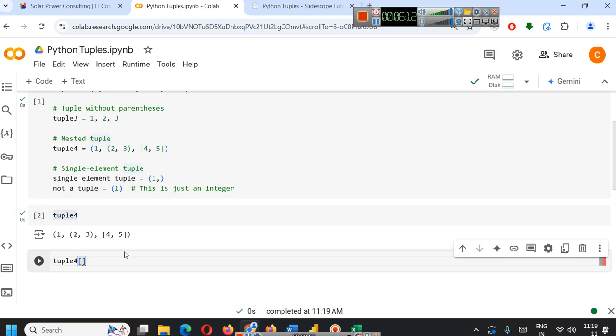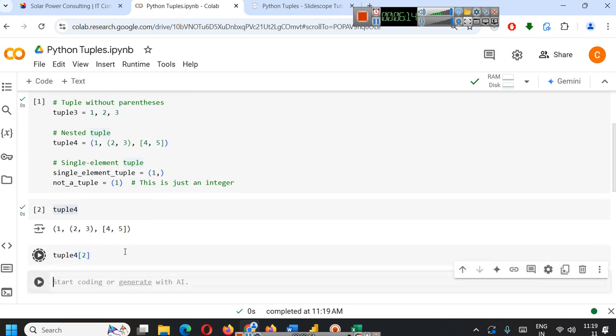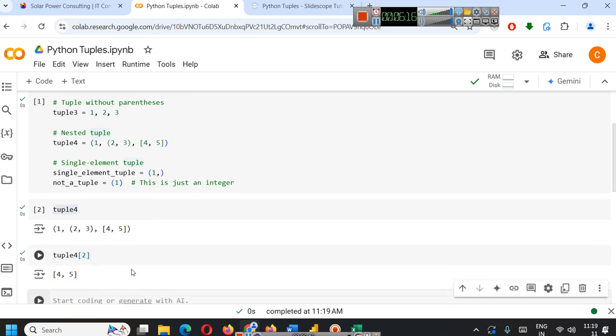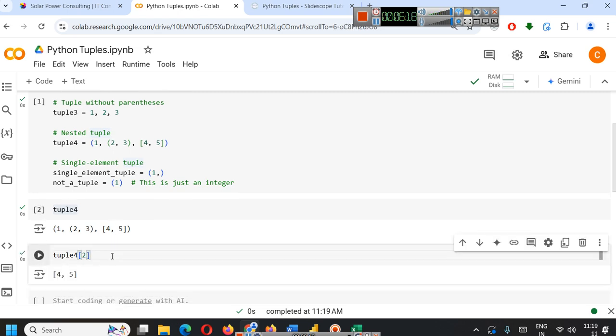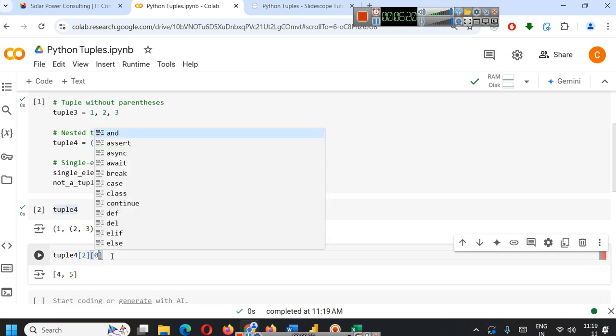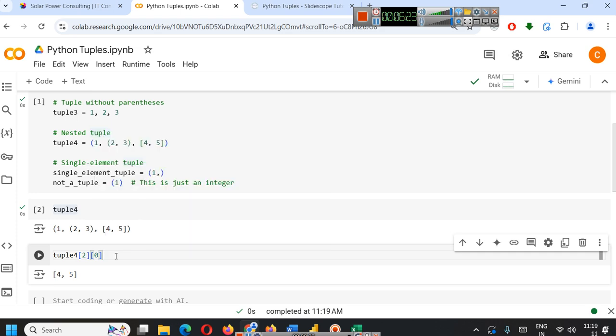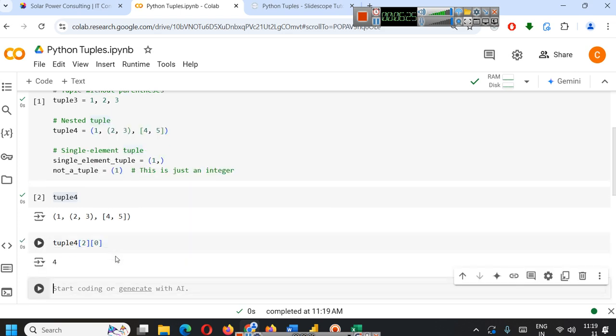At second position, we have the list. So when you print index 2, you will see at second position we have the list, and in that list at zeroth position we have 4. So if you want to print that, you will be able to print like this. Okay. So this is a simple example,